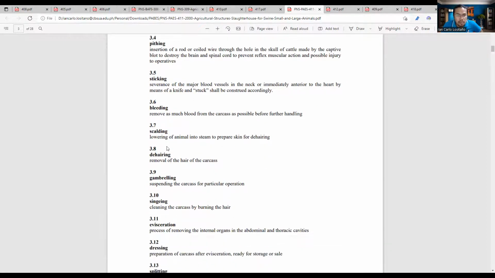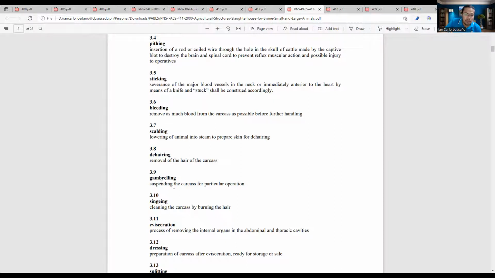Then there's the scalding, the lowering of the animal into steam, gas, or hot water, to soften the hair of the animals